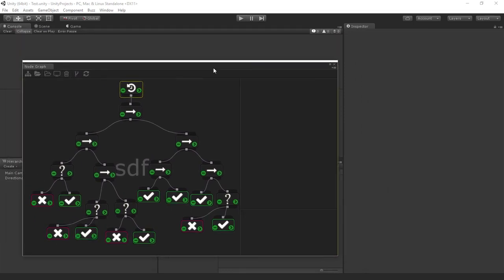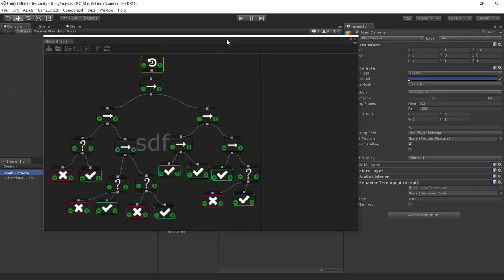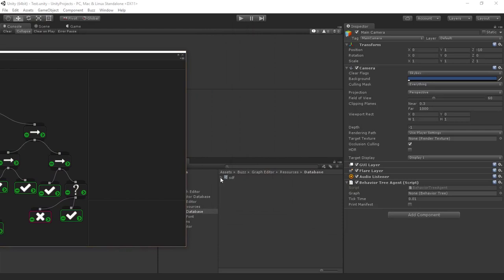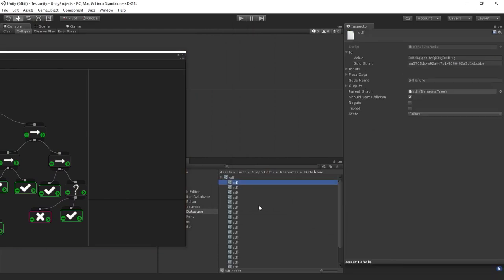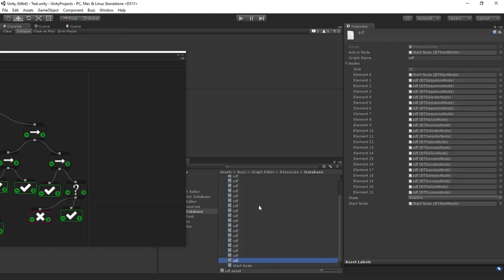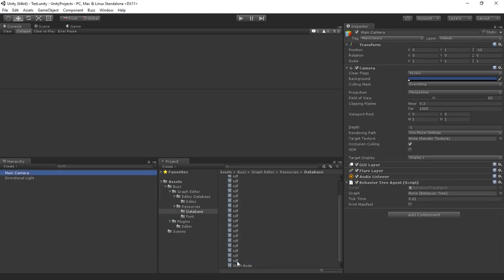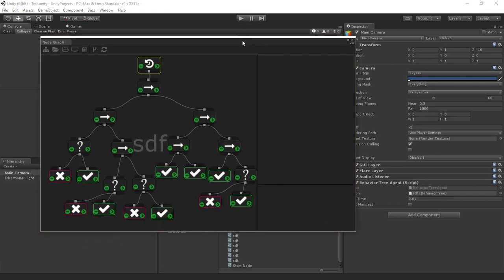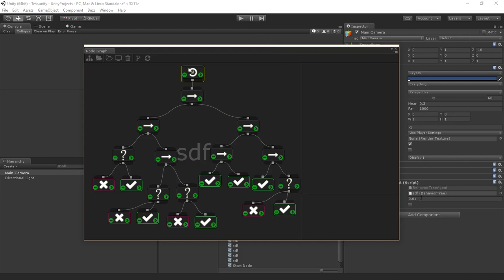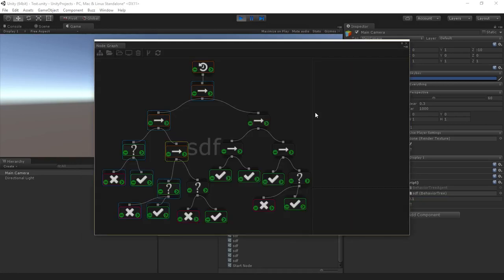So now the fun part. Let's take a look at it inside here, but now I need to find that behavior tree itself. There we go, that's the tree, okay? So main camera, this is our tree. Ready? Let's go not that fast. 0.1, play. And that's our behavior tree on the runtime, working properly